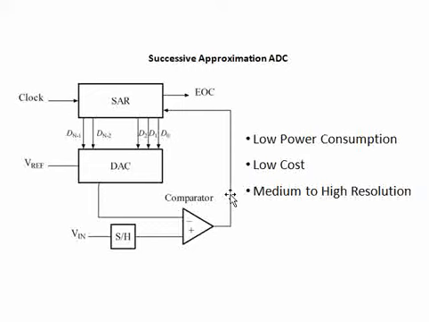While we will just touch the approximation at a very high level. So Vn is basically the analog input, which will be given to a sample and hold circuit. Sample and hold itself tells that you are going to sample, and then you are going to hold. So this is a standard circuit, and then the sample and hold circuit is given to the input of a comparator, to the positive terminal of a comparator, and then to the other end of the comparator